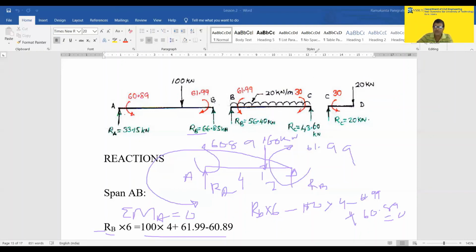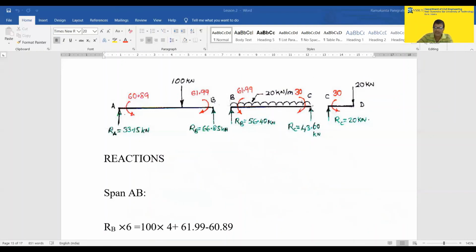So that will give the value of RB, RC. Now RB plus RC is equal to 20 into 5, again 100. So they combined is 100. And because 20 is here, 20 will come here. So you can draw the things, so you can draw the shear force diagram. I will draw the shear force diagram.